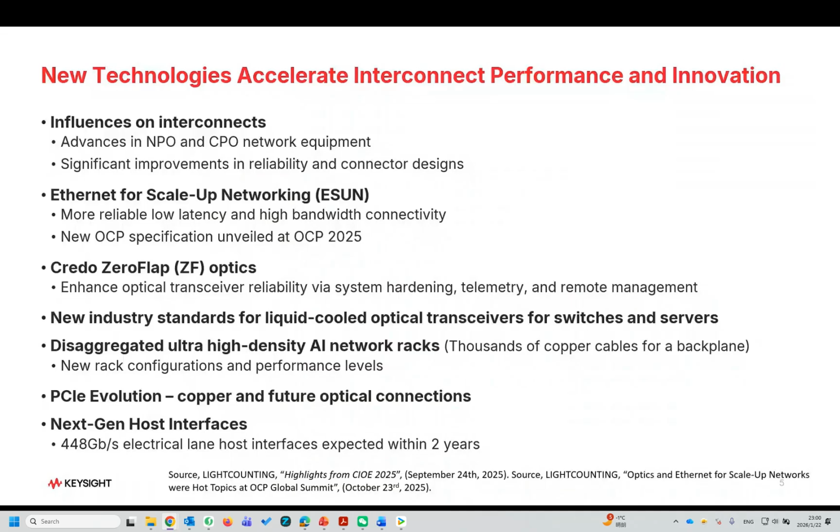There's a lot to look at here, but basically today, right now, there are backplanes that are thousands of copper cables that are disaggregated that create the backplane for an AI network rack. And all of these cables in their various states of assembly have to be tested. And there are new unique solutions for doing that. So there's a tremendous amount of effort going into increasing the quality of interconnects, and a lot of new technology